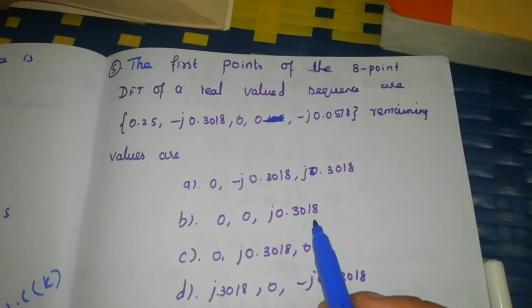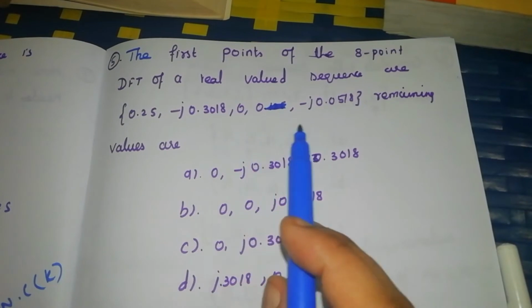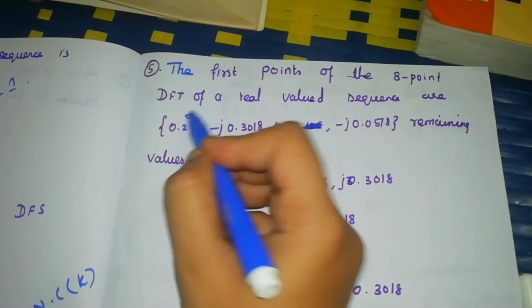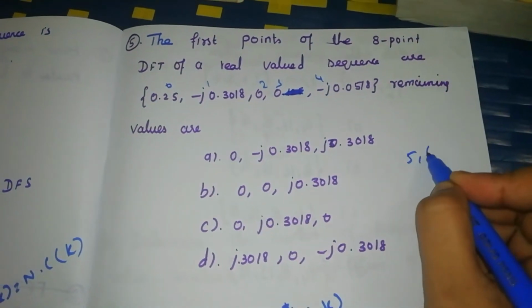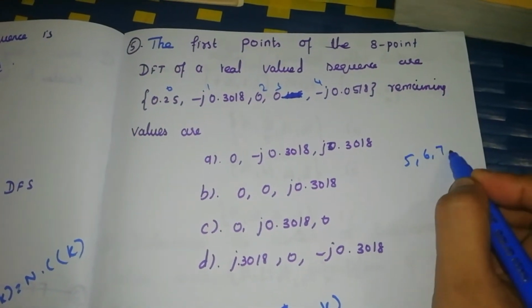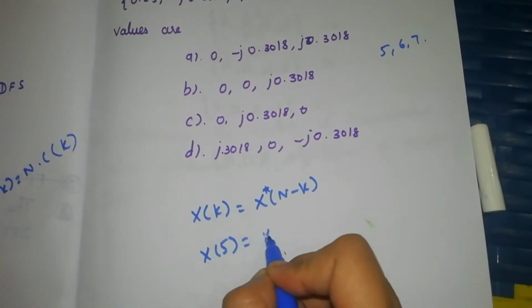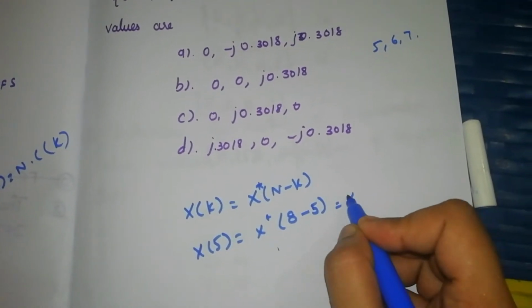So this is an 8-point DFT, and they are giving 5 values, 0 1 2 3 4, so we have to find 5, 6 and 7. So first X of 5 is equal to the conjugate of 8 minus 5,